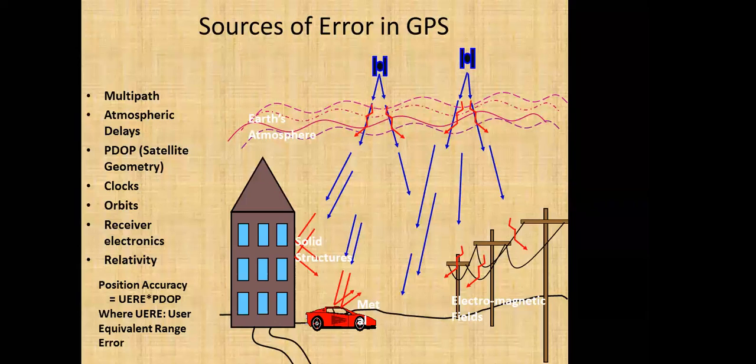Then the surroundings of the receiver also introduce certain errors, like multipath error, meaning the signal comes from two directions. That is called the surrounding error. So if we go through the error budget and take all these errors into account, the error budget goes around 6 meters for a single